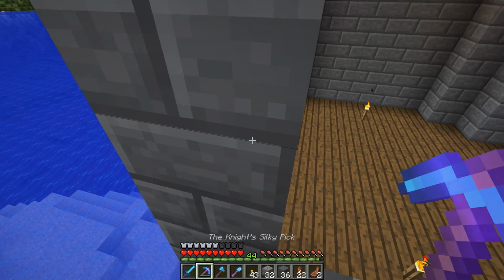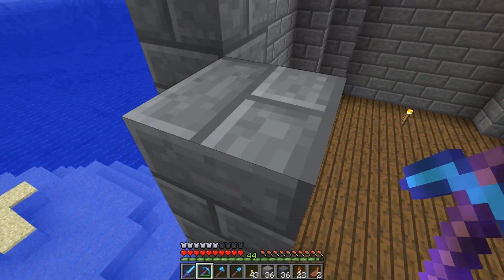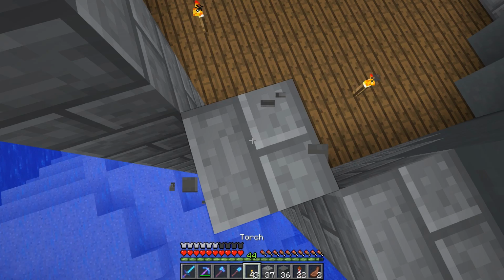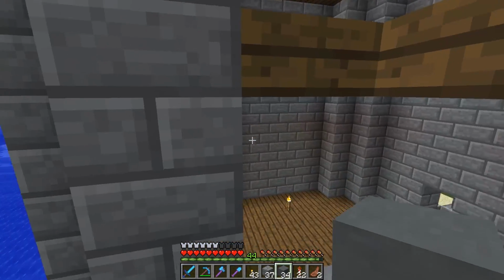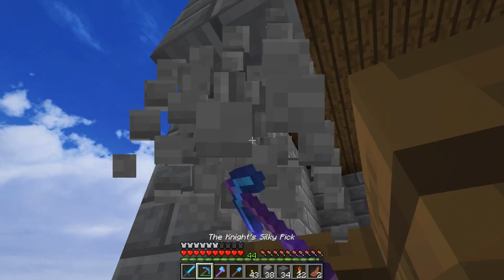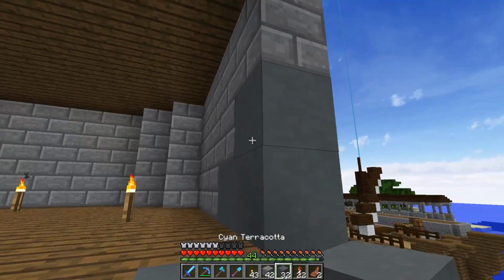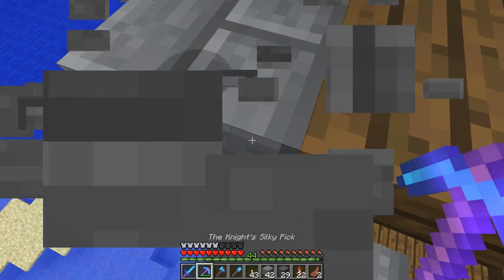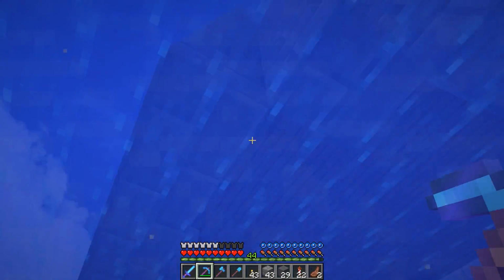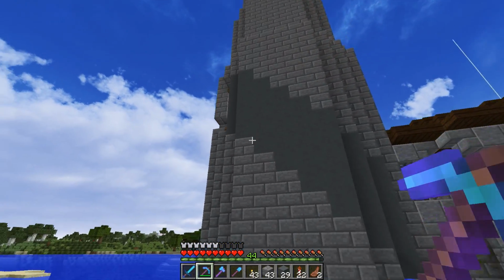Let's see. So this one would go here. Right? Boop. Like that. And then the only hard part is going to be when we get to a spot where we have the stairs. That's going to take a little bit of critical thinking. I guess, of course, I fell. Well, either way, we can kind of...